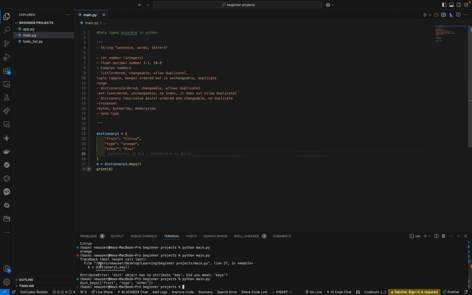Okay, so you see that now it gives us the dictionary keys, which are food, type, and order. So it gives us all the keys in here, as you can see. That is how we can access all the keys in our data. All right, so this is how simple it is working with